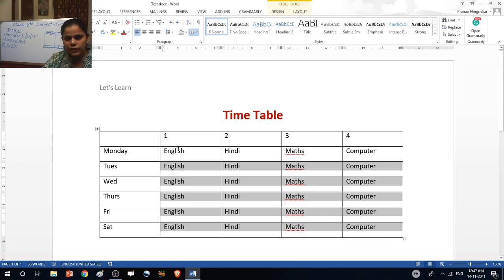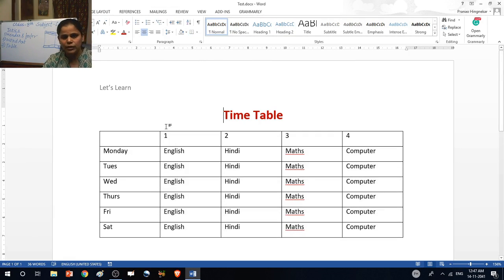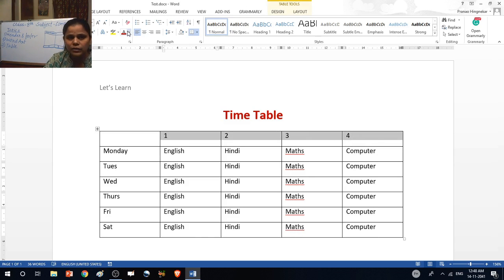Okay, then if you want to format this table, select your heading, select the color, give the appropriate color, center align, then set the size, just 14, bold.